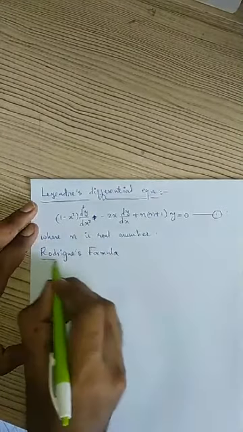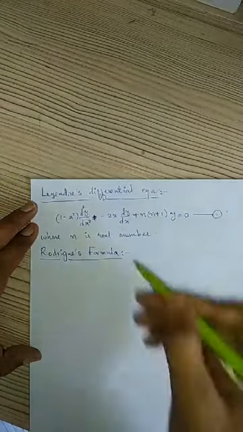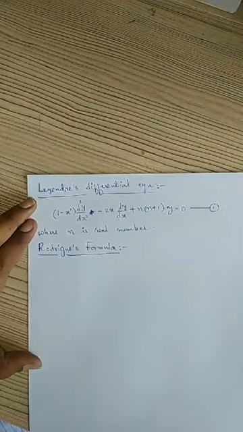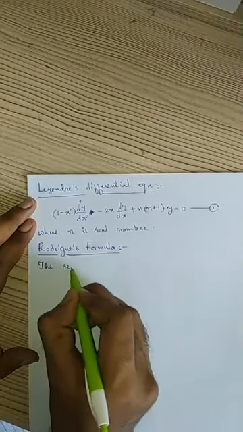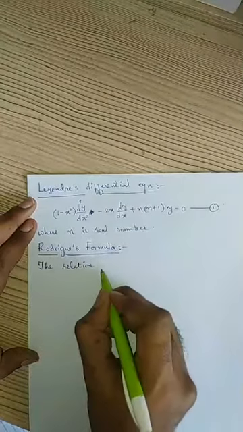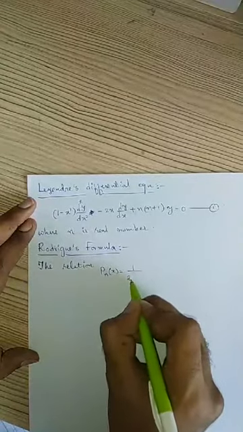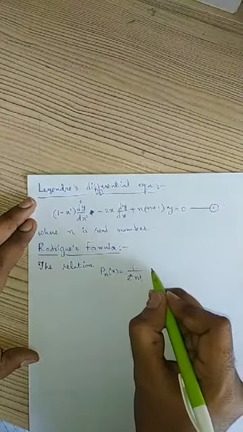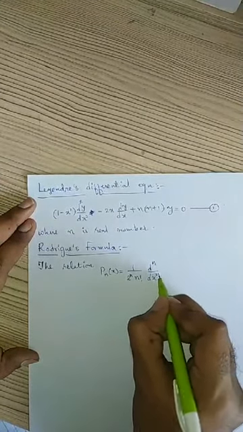Rodrigues formula is a formula which is going to give us the Legendre's polynomials, which are the solutions of this equation. Those Legendre polynomials are important for us. So what is the relation? Pn of x equals to 1 by 2 power n into n factorial, nth derivative